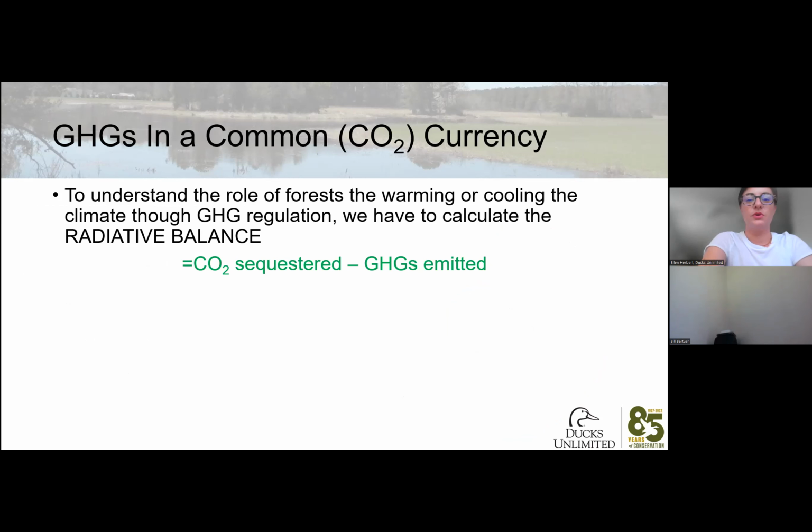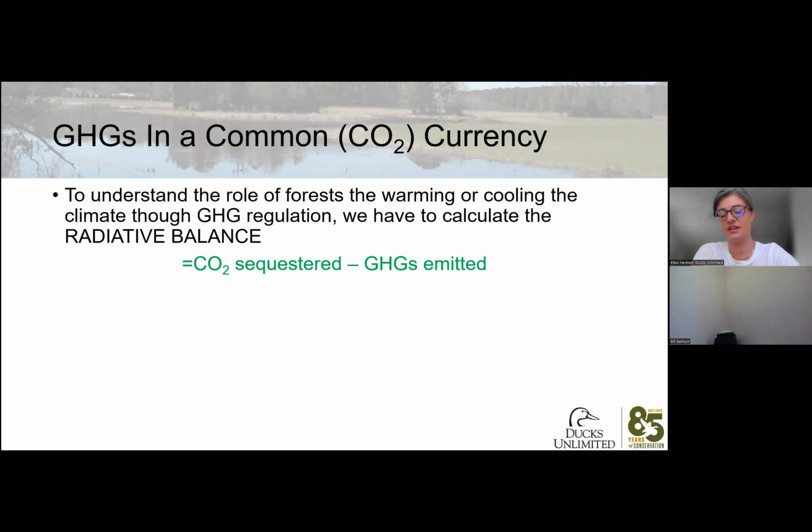And that leads us to putting greenhouse gases in what I'm going to call a common currency. We have methane, we also have other gases like nitrous oxide, and then we have carbon dioxide. We basically use some formulas developed by IPCC scientists to convert everything into a carbon dioxide equivalent. So we're converting biomass carbon into carbon dioxide equivalents, and we're converting methane into carbon dioxide equivalents. That's how we get to the common currency, and the ultimate outcome is